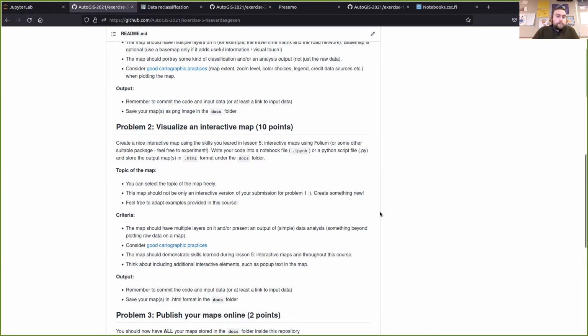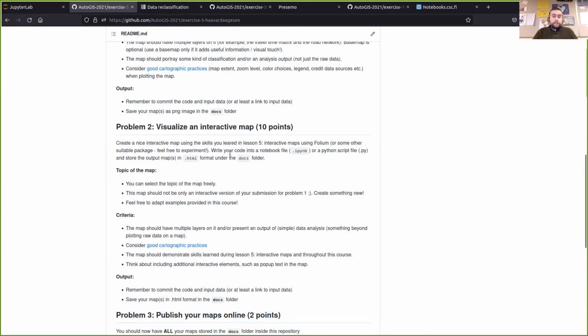So create an interactive map, preferably not the same topic as the static map, but try to come up with a new topic for the interactive one. So try to utilize the skills that we've gone through in the lesson today and save your HTML files in